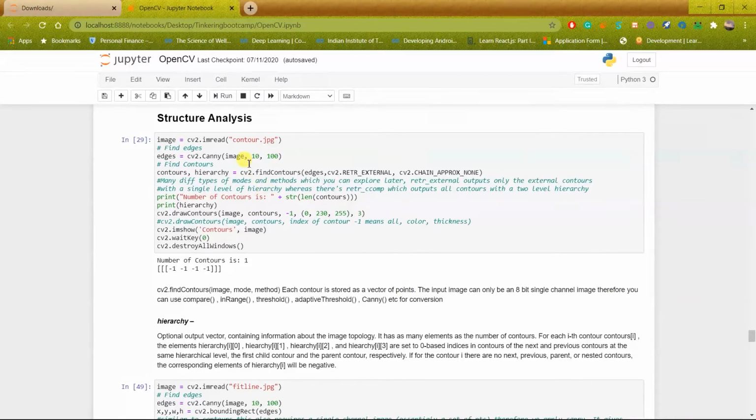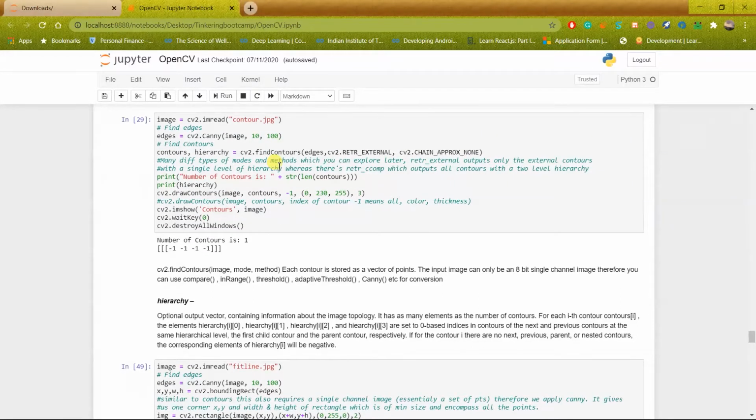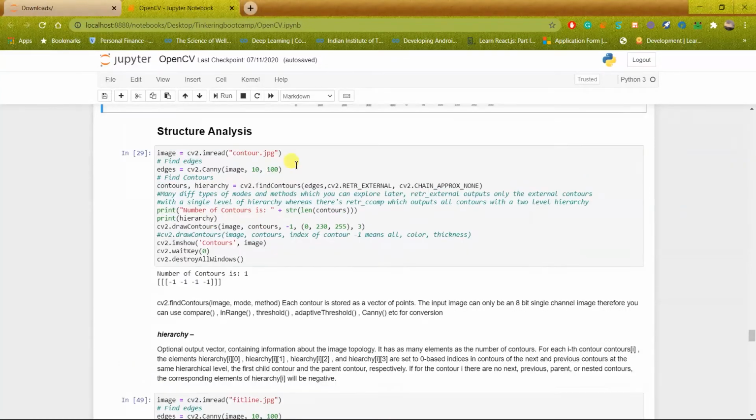First I use the Canny Edge detector function on my image, and I detect the edges using that. After that, I use the function findContours. The output is given as contours comma hierarchy. You don't actually need to know what hierarchy is. It's non-significant, but you can read about it. I've mentioned here what that means. You can also search on the internet about hierarchy, but it is not that useful to invest your time on.